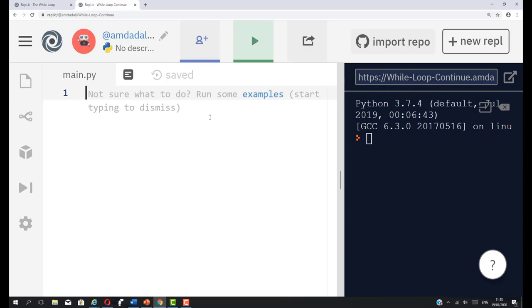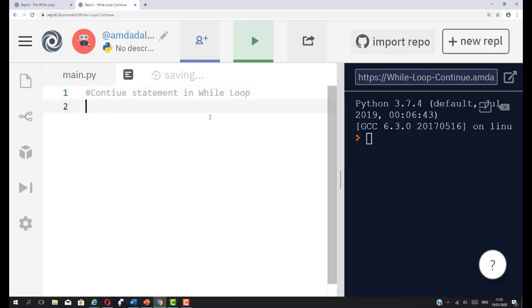Now I will use the same examples as I have done in the previous couple of videos, just to make it easier and more consistent in order to be able to understand this. So this is for the continue statement in the while loop. Now, we're using the variable x, and here I'm assigning the number 0. I want to start off with 0,